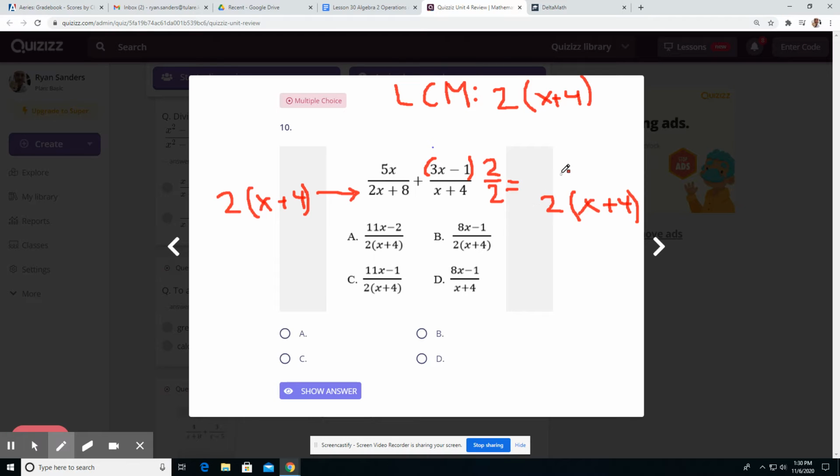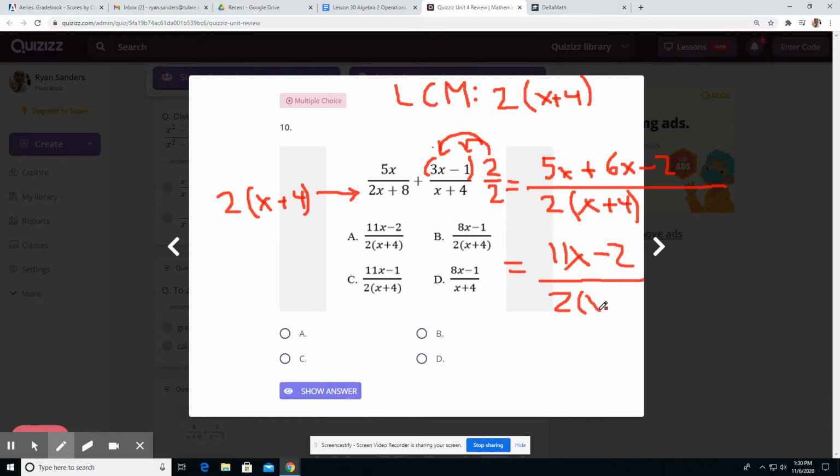If you multiply it out, you kind of cloud what you could have reduced later. So just multiply it out at the end if you need to. So we have that 5x right there, that same plus sign. I'm going to distribute this 2 to both parts of the binomial. So that now is a 6x and a minus 2. It turns into 5x and 6x make 11x minus 2, and that same 2 times x plus 4 on the